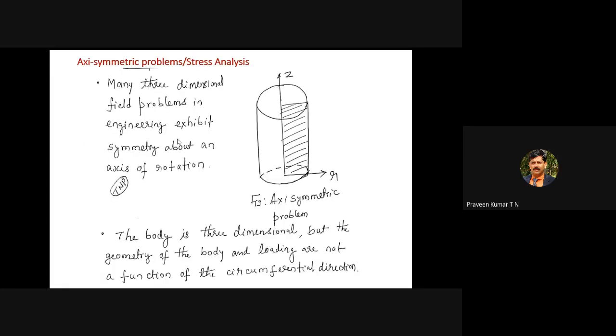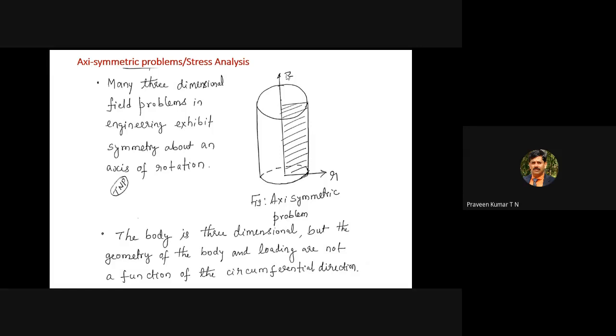Now when you come to the actual axisymmetric problem, imagine you have a cylinder. One is the radial direction, and one more is the longitudinal direction Z. Strictly speaking, it is 3-dimensional. A cone is a 3-dimensional object, a power plant chimney is also a 3-dimensional object, and the flywheel I am talking about is again a 3-dimensional object. Even though it has 3 dimensions, in finite element analysis you are not considering it as a 3-dimensional analysis, so we are neglecting one dimension.